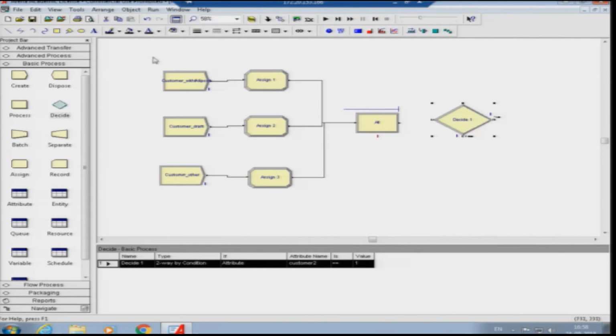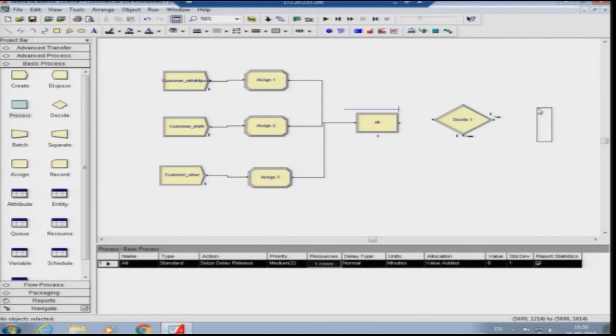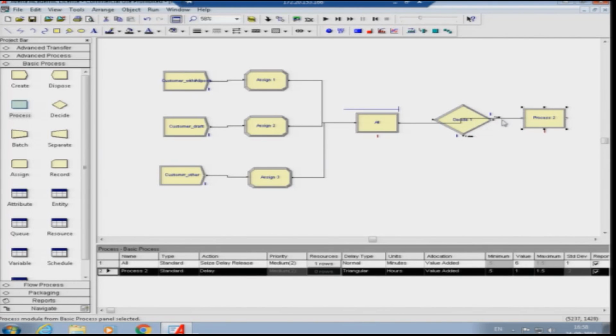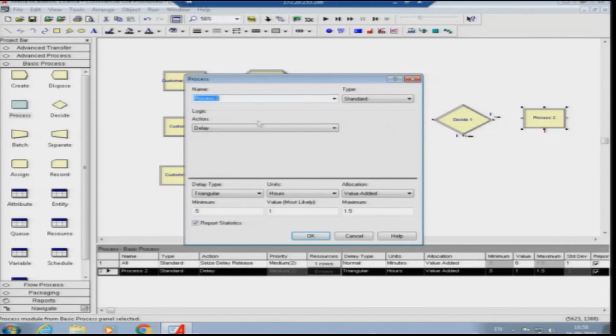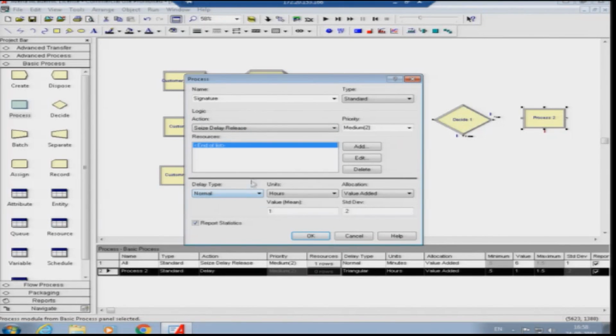Similar to before, after the decide node we need to add the process of signature, which will be done by the manager. We will add delay release here, normal distribution, minute. Like the previous case, we will put 10 minutes as the mean and 2 minutes as the standard deviation.